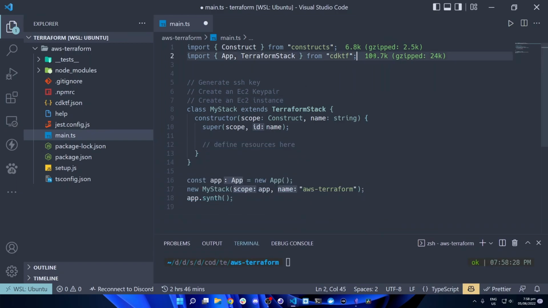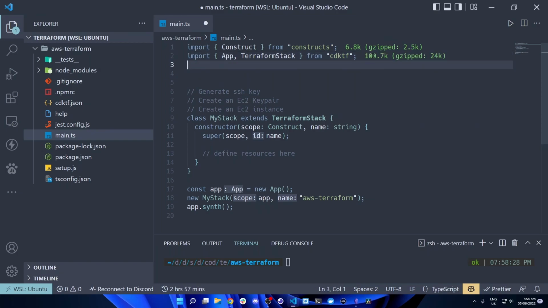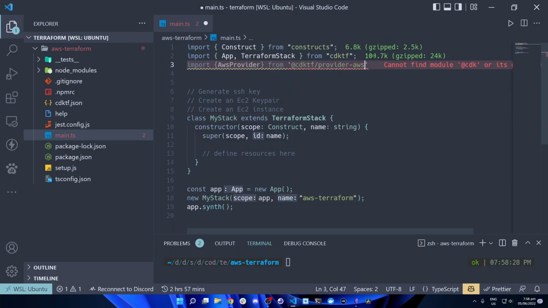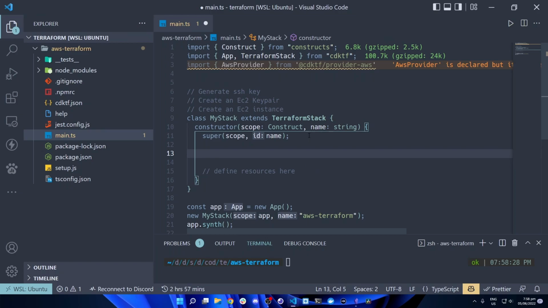So we're just going to go into the code now. The first thing we have to do is import the AWS provider from @cdktf/provider-aws. After that, we're going to get the path, and then we're going to read the contents of our public key that we generated a while ago via the ssh-keygen command. So we're going to get the key path, const keyPath